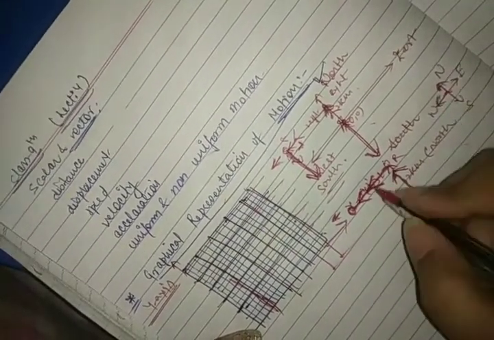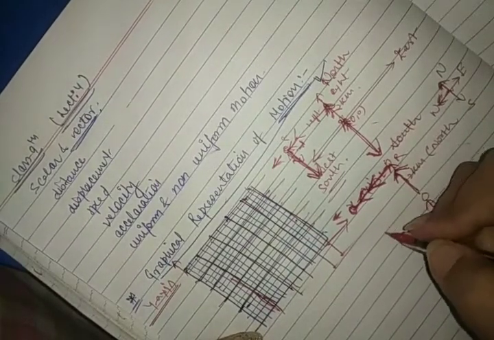This is the person, right? Now its face is in which direction? This is west direction, in west. Now the question says it again turns around its left hand side. So this is your right hand side, this is your left hand side. It turns around the left hand side direction. Now it will start moving like this. And which direction is it? It is the south direction. Okay, this is south direction.